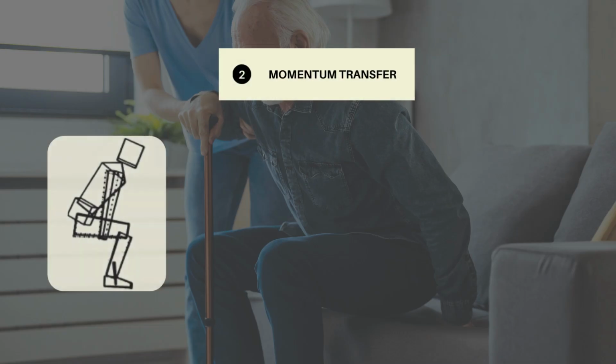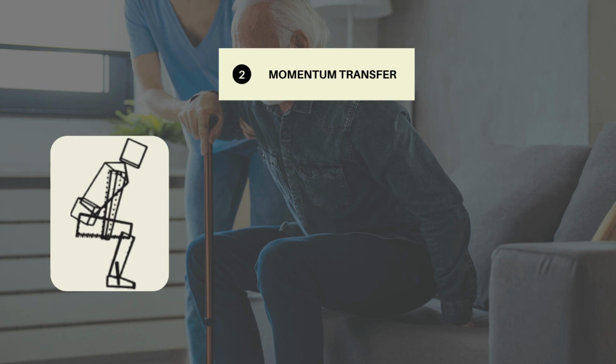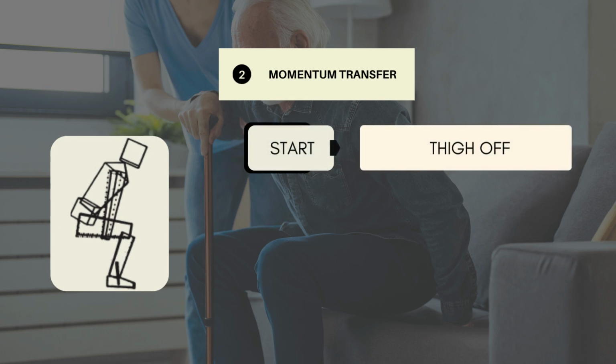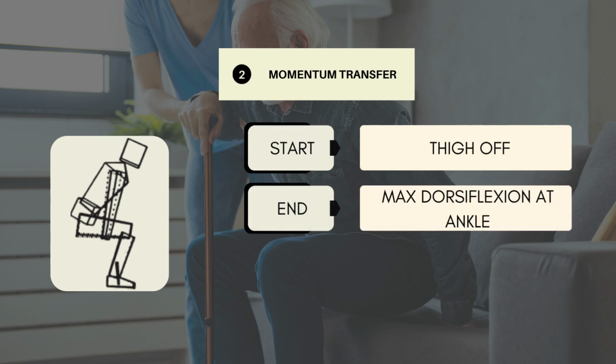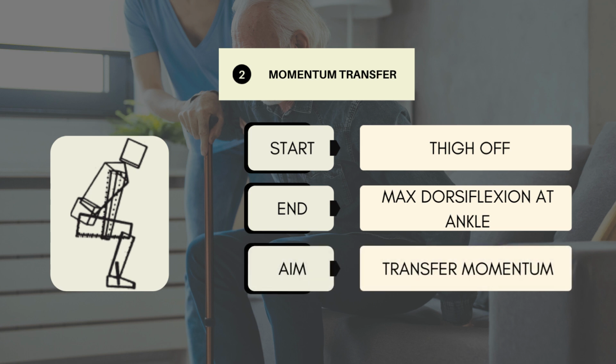The second phase, the momentum transfer phase, the start of this is when the tie-off is happening, and the end of this phase is when the maximum dorsiflexion at the ankles has been achieved. The aim of this phase is to transfer the momentum generated in the first phase into an upward and anterior